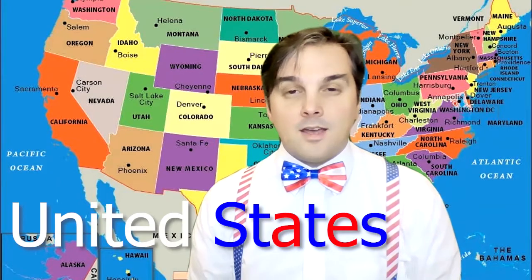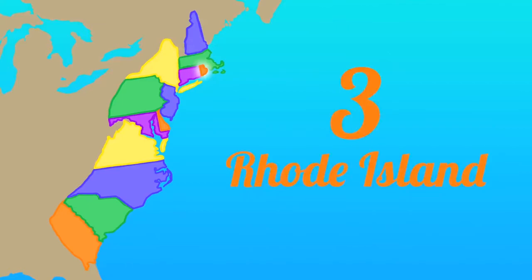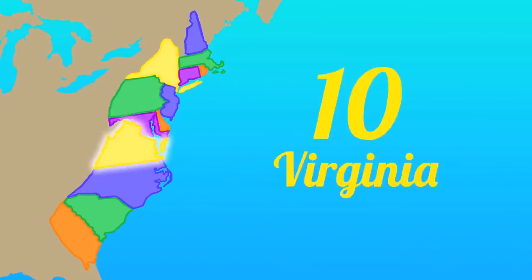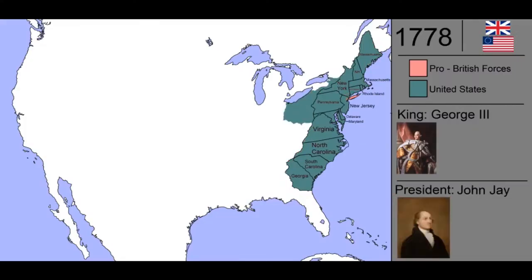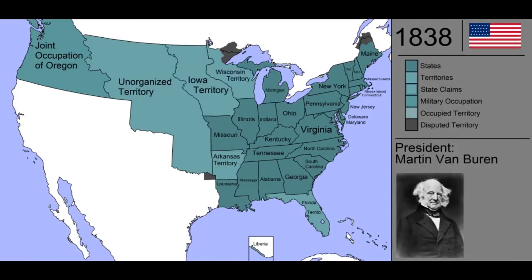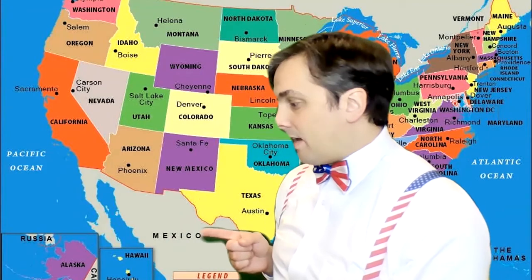This is Mr. G, and today we're going to learn about the United States. The United States started as 13 colonies, which were actually a part of a country called England, but declared independence in 1776. That means we became our own country. And from there, we grew from 13 states to 50 states, from Mexico in the south up to Canada in